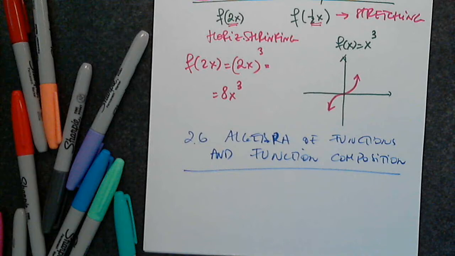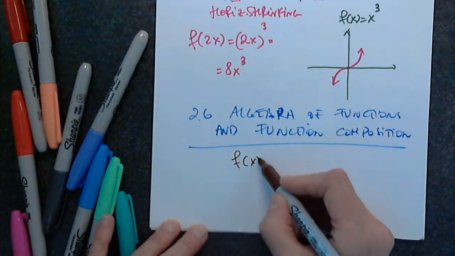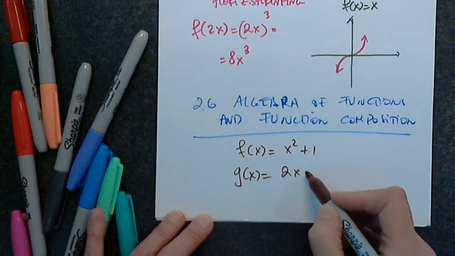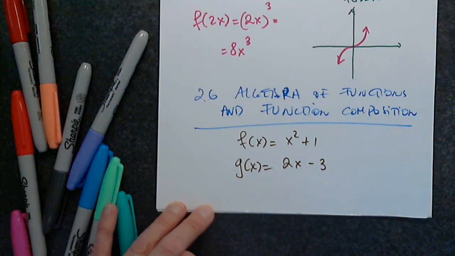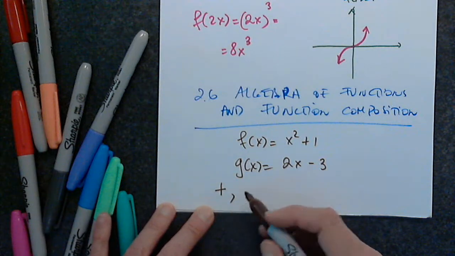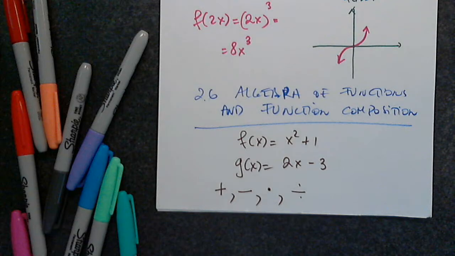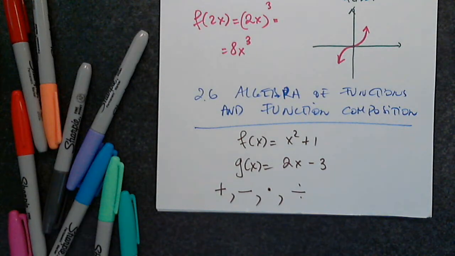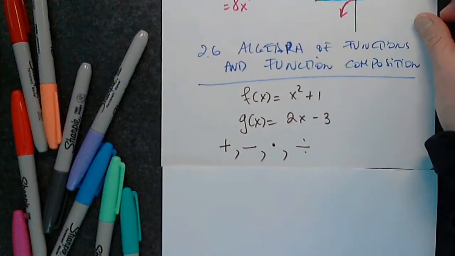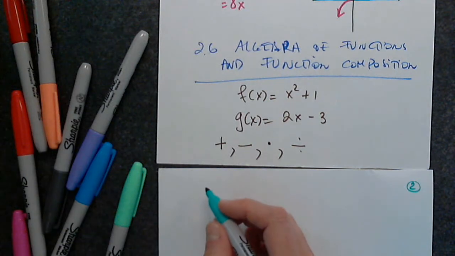So if we're given two functions, let's say, simple situation, f of x equals x squared plus 1, and let's say g of x equals 2x minus 3. We can create a new function by adding them, by subtracting them, by multiplying them, and by dividing them. Each and every function we create will have a very clear name. What is the clear name? And I'm going to write it, and you're going to say, oh, I know,